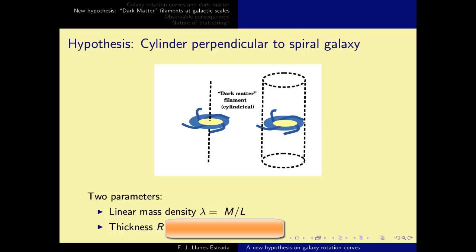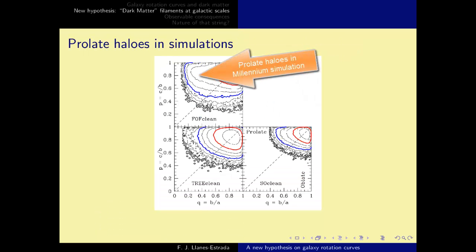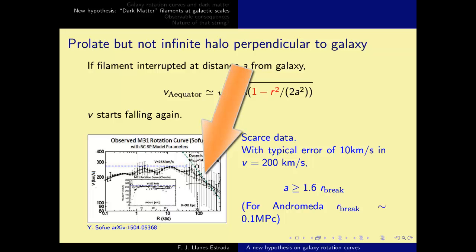Now, if you want to adopt the currently conservative point of view that dark matter simulations resemble reality, they are providing us with a large number of prolate halos. If spiral galaxies form in the belt of these halos, then the stability of the rotation with a flat velocity is only approximate. At sufficient distance from the galaxy center, there should be a break reflecting the size of the largest axis of the halo ellipsoid.